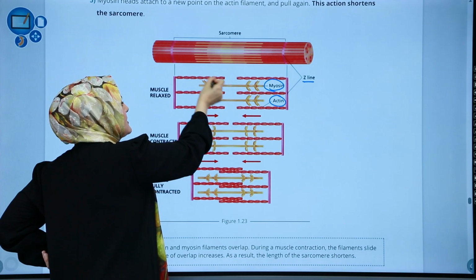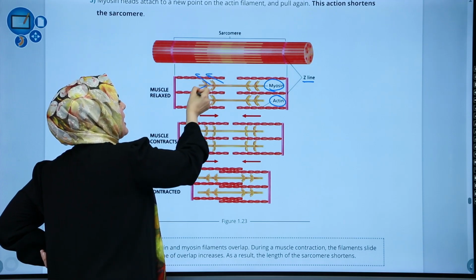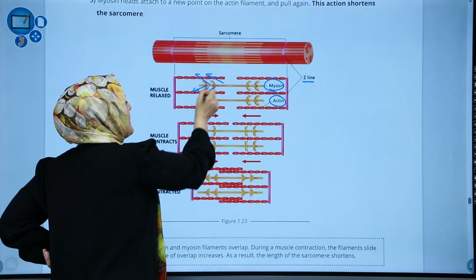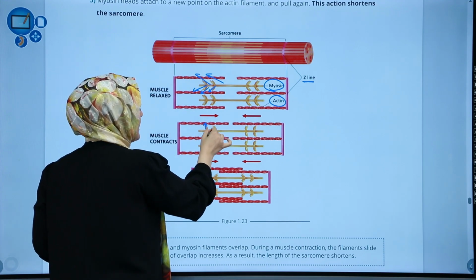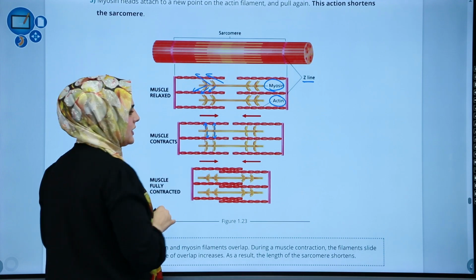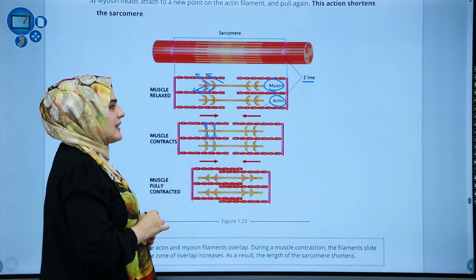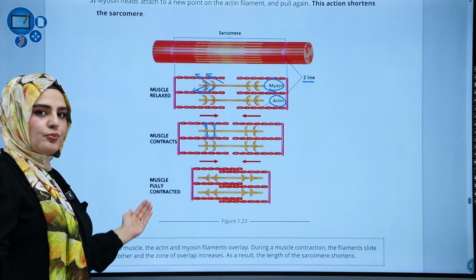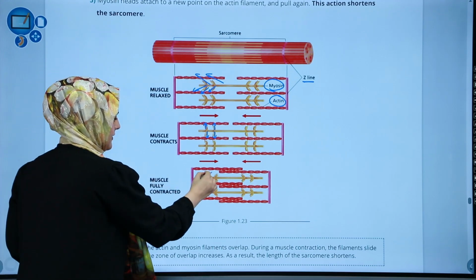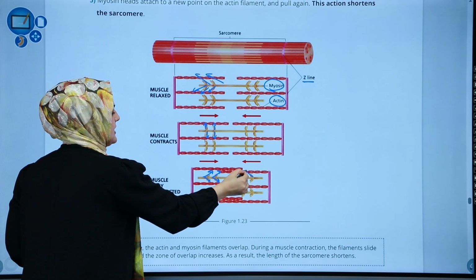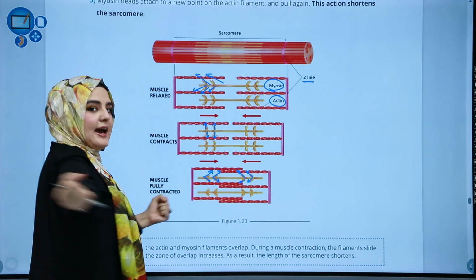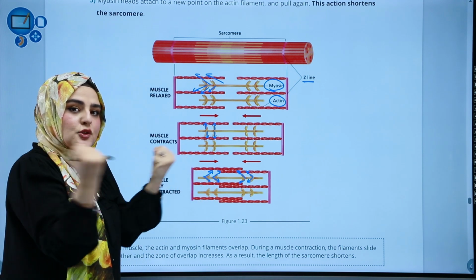The head of the myosin is outward like that. But when the impulse comes, you see that it clearly attaches itself to the actin. Then it's going to move it inward on both sides to bring the actins with the Z lines closer to each